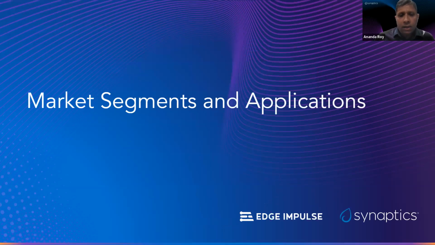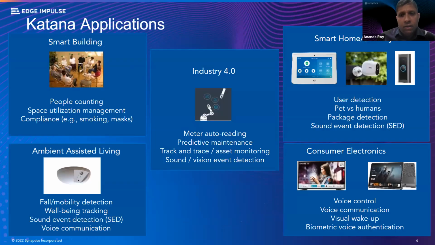So let's look at a few of the market segments and applications that Katana can go into. So let's start with the smart building space, where you can do things like people counting, space utilization, and compliance. For example, in a big office building, you might want to see which conference rooms are more used than others, so that when you need to expand, you can change your unused conference rooms into